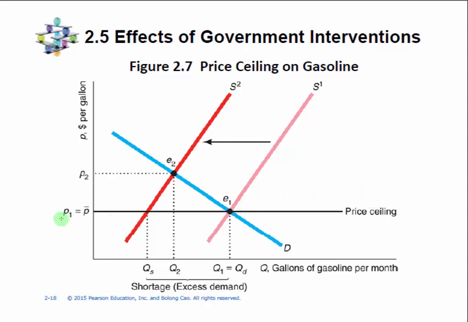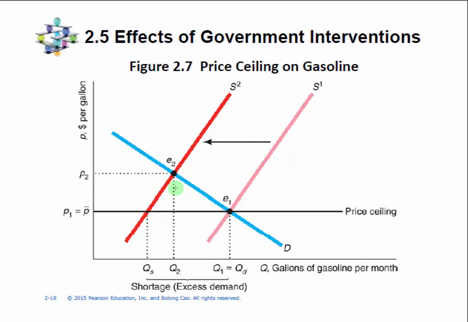Here we have a price ceiling P upper bar. And this ceiling price is lower than the equilibrium price, so it is so-called binding. Right? If the price ceiling is above this equilibrium price, the market will end up at the equilibrium. But if the price ceiling is below the equilibrium price, then it is actually an effective price ceiling, which means